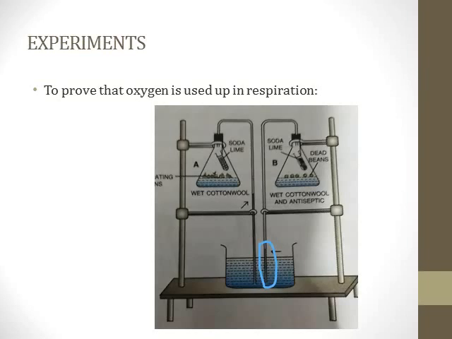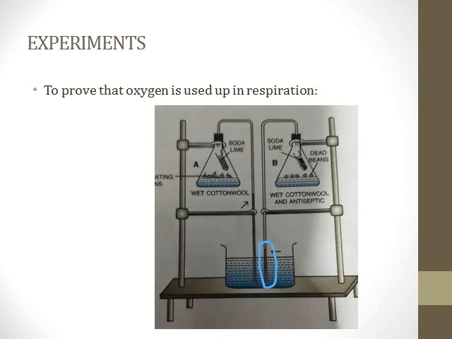After a few days, the delivery tube connected with flask A will show a greater rise in the water level. When a burning paper is introduced into each flask, after removing their corks, the flame is immediately put off in flask A, but it continues for a short while in flask B. Why?